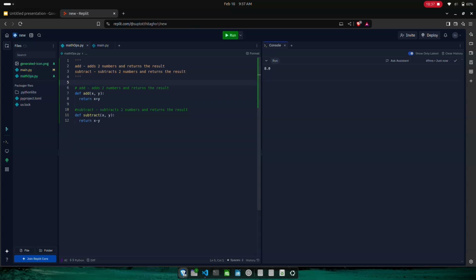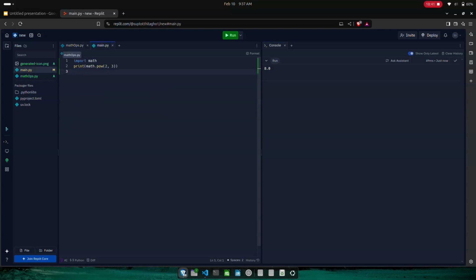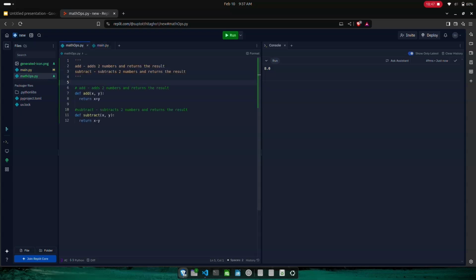So you can see this will not give you any different result. And you can still use math ops in your program, like I had removed it. So either way, it will not give you any different result, because these are not executed anywhere.